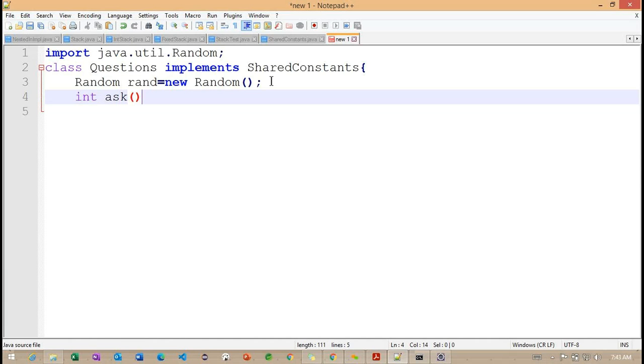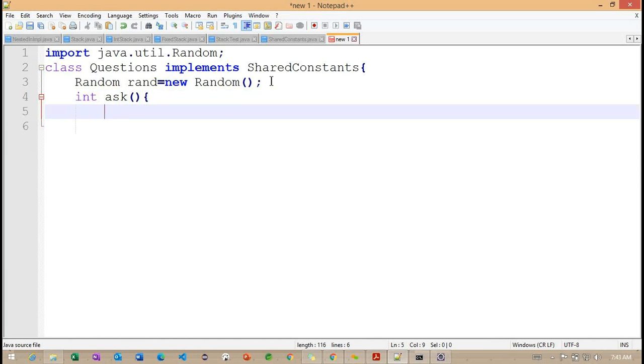After this, I have one method. Inside this method, I'm trying to work with this random, nextDouble.